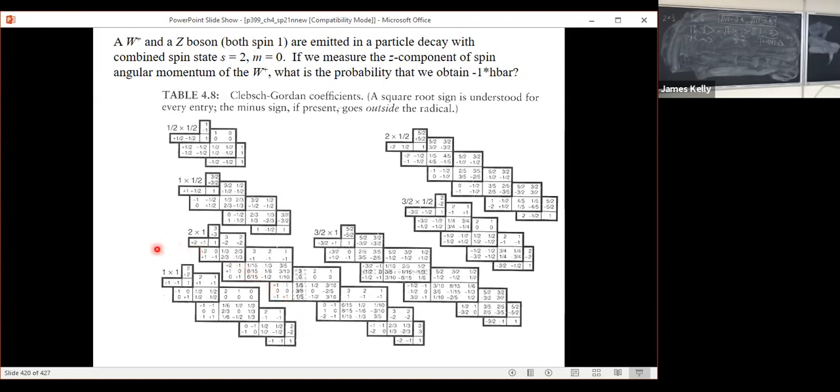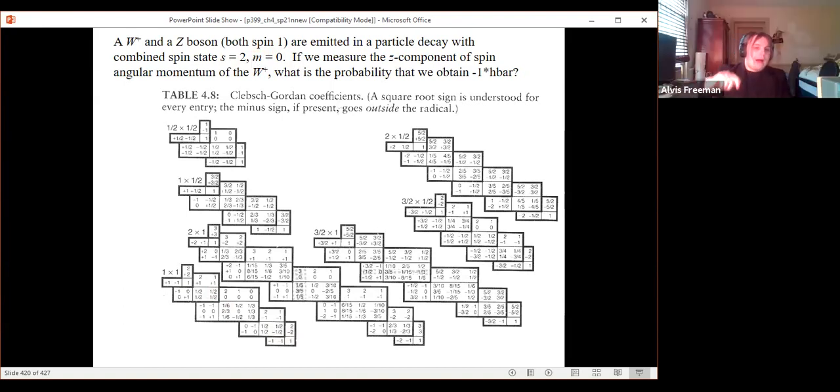Within that subsection, Alvis, where would I be looking in the table? I guess there are 5 bold outlined sections as I'm going down. Which one of those, 1, 2, 3, 4, 5, are we looking in to concern ourselves with the combined state s equals 2, m equals 0? S equals 2, and I'm thinking the